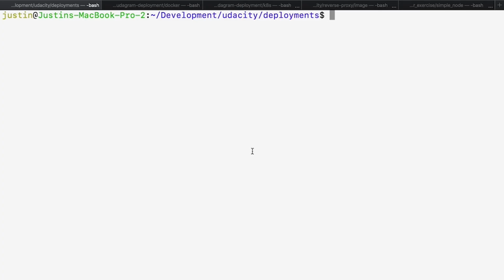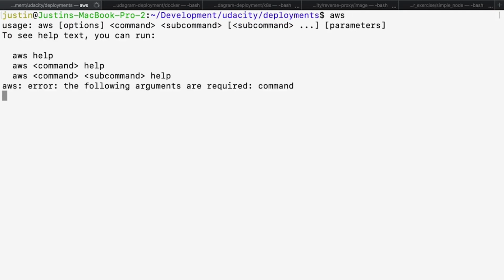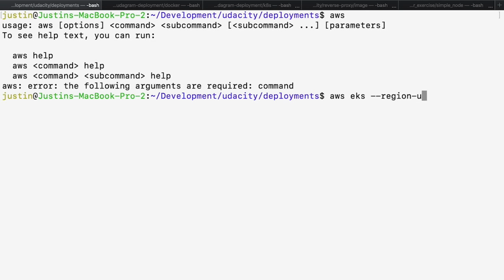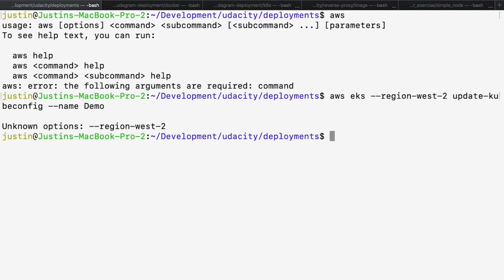So you should have this configured already for your environment to be able to connect to kubectl, but I'm going to show you just a quick demonstration of what that would look like. So my system has been set up to use the AWS command line tools, and now the specific command I would be using is for EKS. We're going to specify this with the region that we're working in. For me, I'm in US West 2, and I want to run the command for update kubeconfig and set the name as the EKS cluster that I created earlier called demo. And here it's complaining about my region because I had a typo where I was adding a dash here.